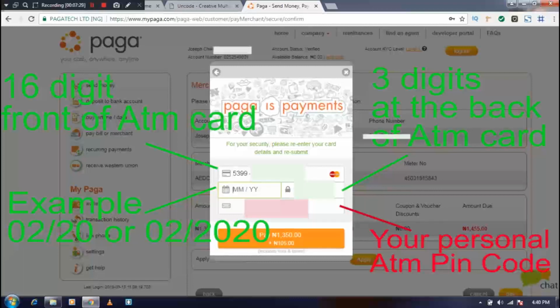Month and year. The month and year is just below the 16 digits. You will literally see it, and it has "valid through" beside it. So mine is 0920. Then the CVC is usually the pin at the back of your ATM card. They are usually 3 digits. They are just at the back of your ATM card. If yours is more than 3, then just copy the last 3 digits at the back. Then mine is